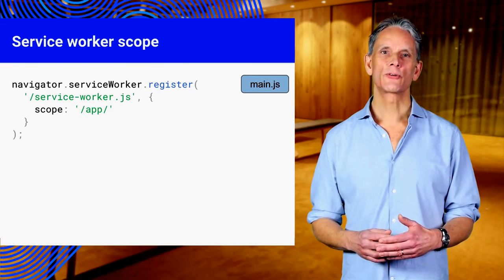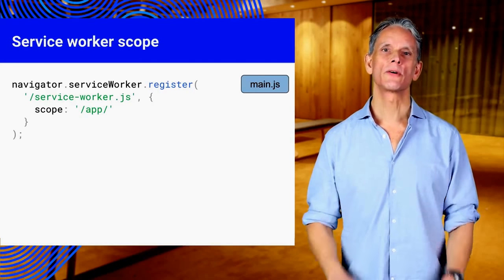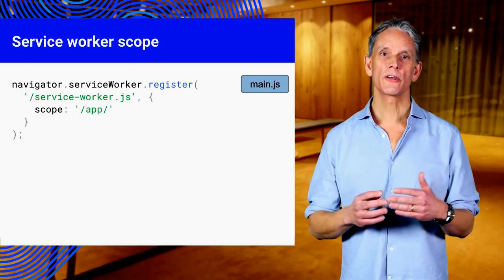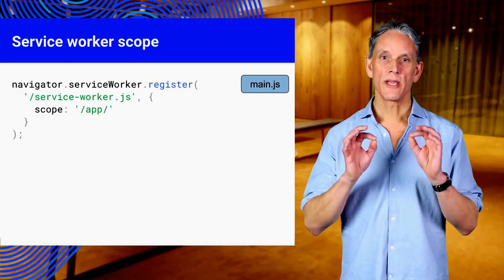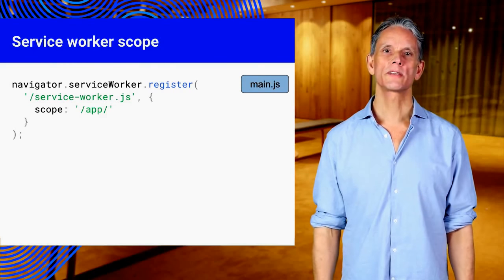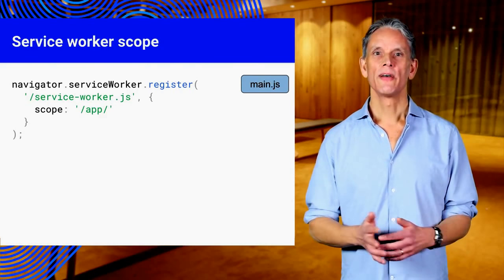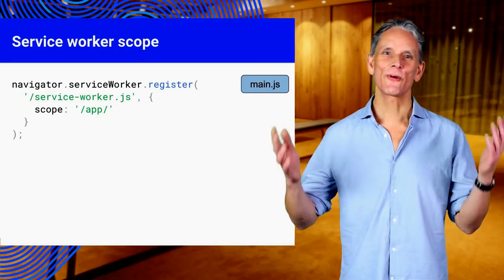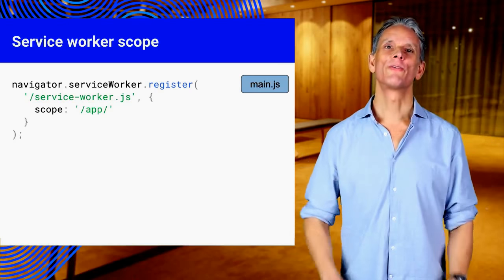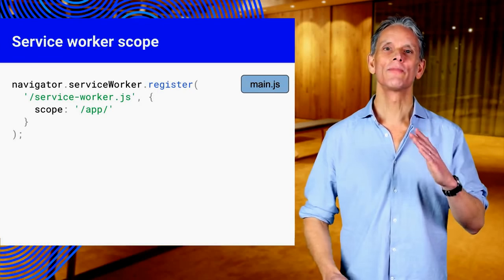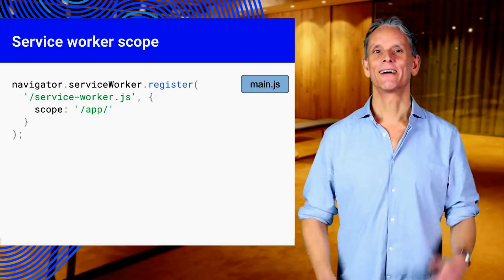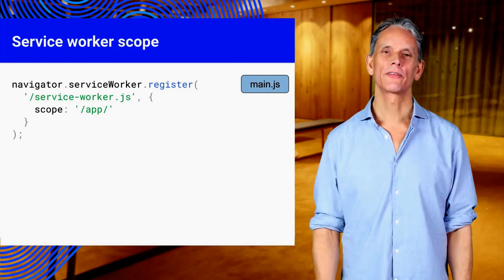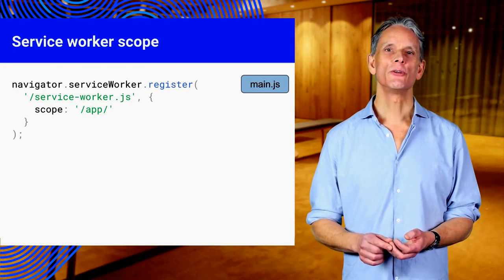You can also set an arbitrary scope by passing in an additional parameter when registering. In this example, we're setting the scope of the service worker to /app, which means the service worker will control requests from pages like /app/lower and /app/lower/lower, directories like that, but not from pages like /app or /, which are higher. A service worker cannot have a scope above its own path. This is in your service worker file,